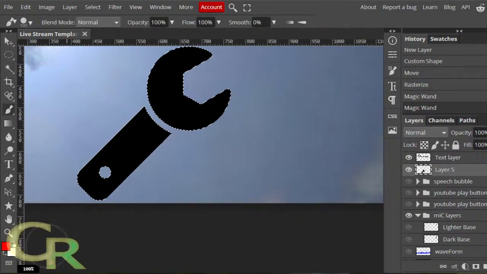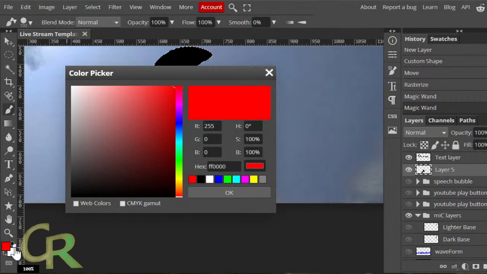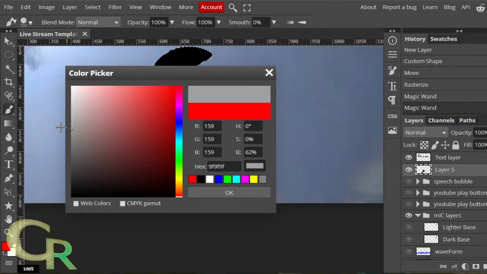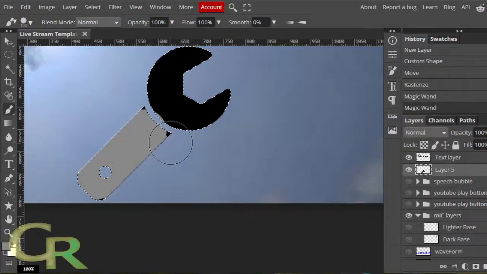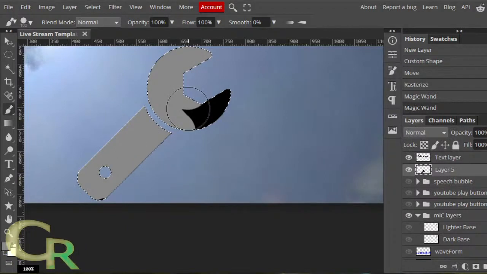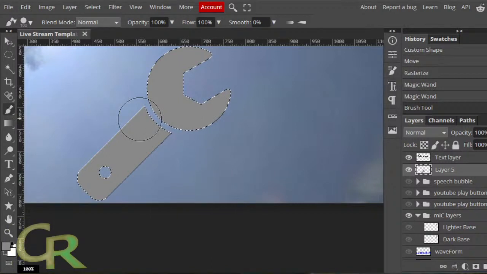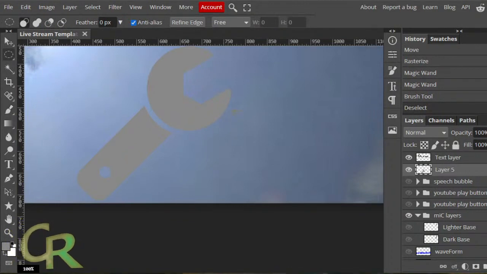So push B for brush. Down here on the colors, select that gray that I like, or at least want for this. So I'll go for kind of in between white and black. Get this colored in. See, the color stays within my selection, which is the marching ants, the continuous dashed lines. I can deselect that by pressing Control and E. You got something like this.